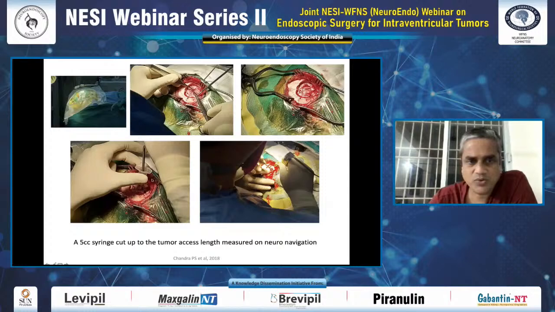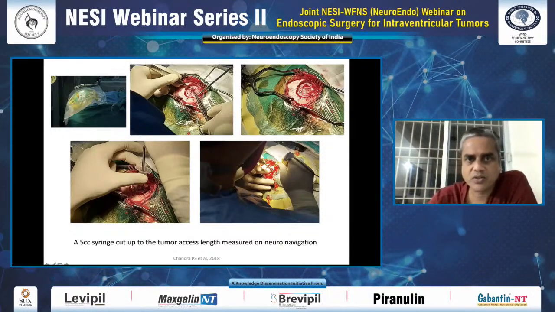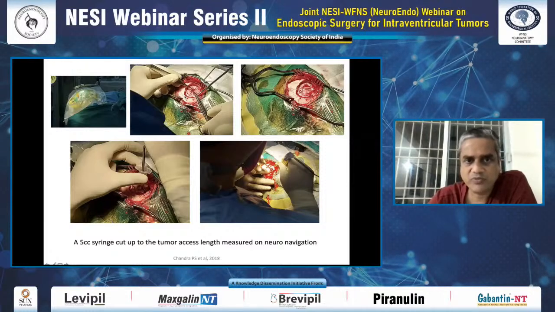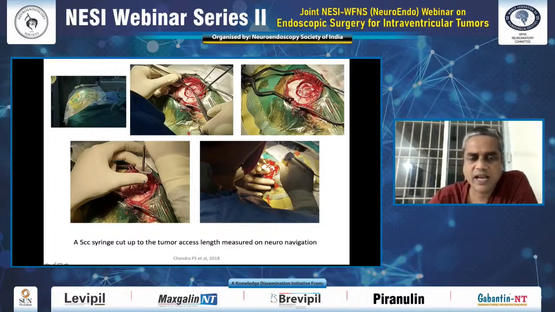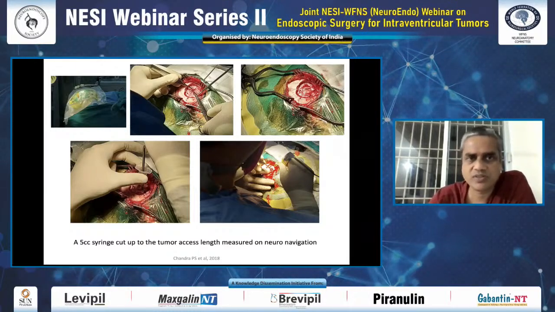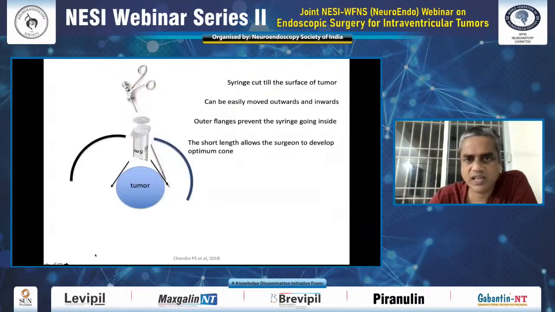Now, I started using a syringe, like Professor Qureshi was mentioning, almost 15 years ago. I prefer to use a 5cc syringe, and this could be cut up to a very short length. The idea is to just reach up to the surface of the endoscope. And I used it for several hundred cases for